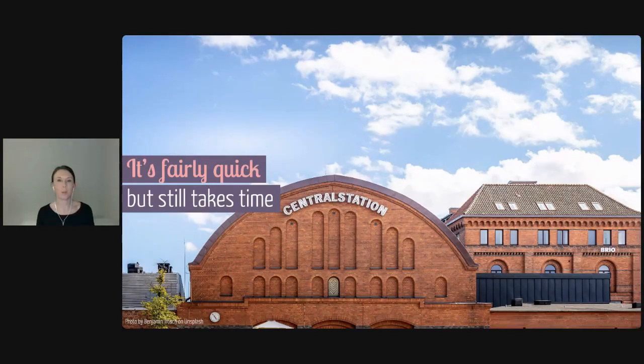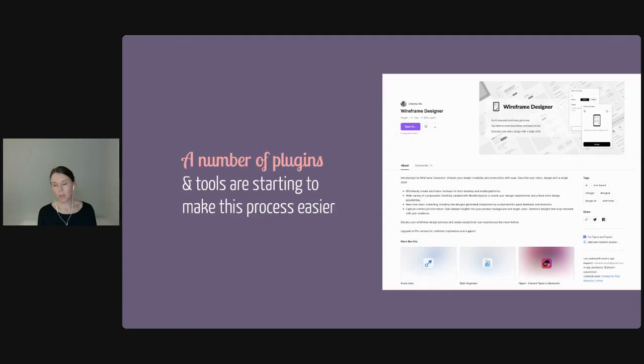But for me to put everything together took a lot of time. It was still quite simple, but it still took quite a lot of time. There were a lot of different variations and states, and there was Swedish and English that I needed to do the prototypes in. So one of the things that I'm really excited about when it comes to AI and getting really early versions and concepts out and testing them is that there are now tools and plugins that we can use to our advantage. And again, this is featuring one for Figma, but there are other ones out there as well.